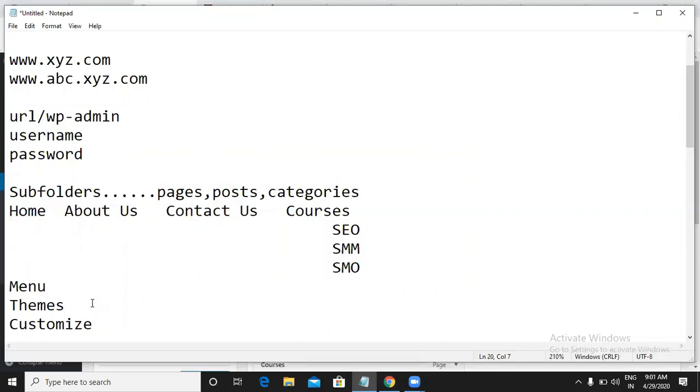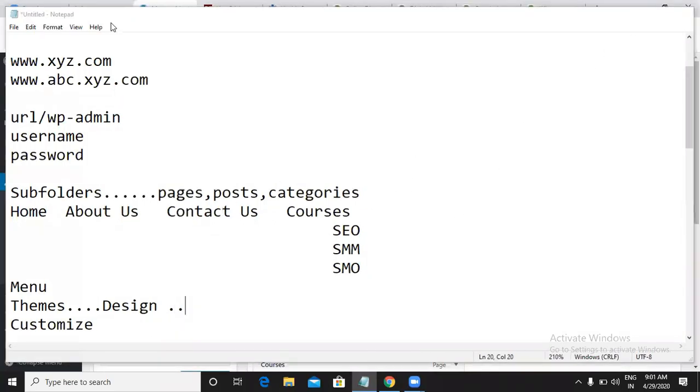Then what is next? Themes. What is meant by themes? Themes means it's simply a design you need to select. For every website there will be a design. If you look at different websites, there are different designs, right? You have finished deciding what you want to show and where you want to show it, but you haven't decided the design for your website. Now you start designing your website with the help of themes. Themes simply means templates. You just need to install the templates and use them. That's it. Now let us see how we can install the themes and how we can work on that.